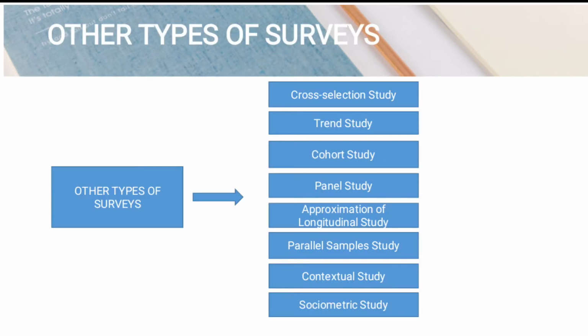Other types of surveys: cross-sectional study measures one or more phenomena across a sample representative of the population or whole. Trend study measures trends, patterns, or changes. Cohort study collects data from the sample population more than once. Panel study collects data from the same sample of subjects, often over time. Approximation of a longitudinal study, by asking people to recall past behavior and activities. Parallel sample study, separate samples regarding the same research problem. Contextual study, to learn more about the person. Sociometric study, for example, a thorough study of children's literature might well entail surveying authors, critics, publishers, librarians, parents, and